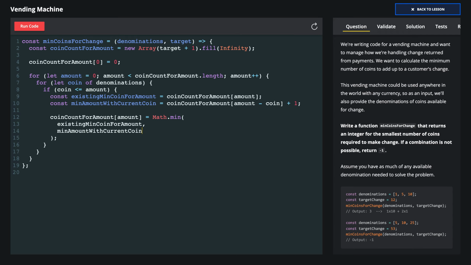Then we just store the optimal answer for this subproblem in the memoization array for this amount by taking the min of whatever we have currently stored there, or the number of coins it would take to reach this current amount by using the current coin. Whichever is smaller, we store at this amount, and we do this for all the coins at all the values. So we continue to solve the same subproblem over and over, where we're always looking for the smallest number of coins to reach any amount. Once we do this for all the values,